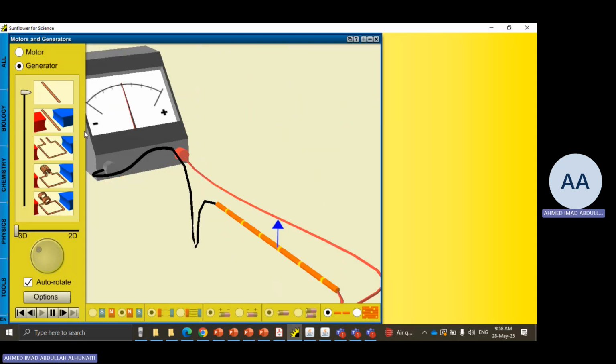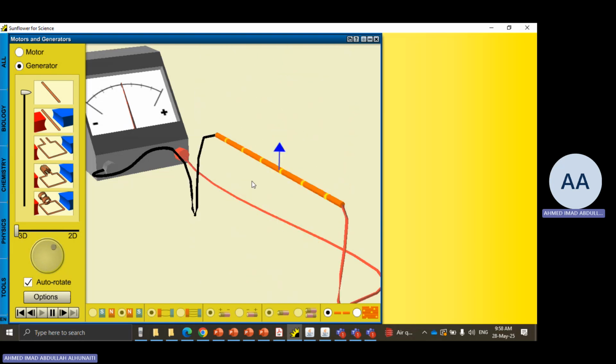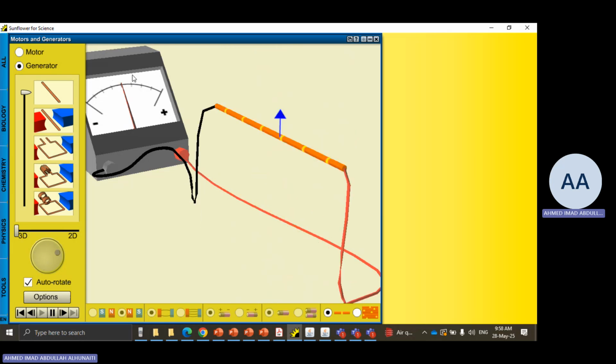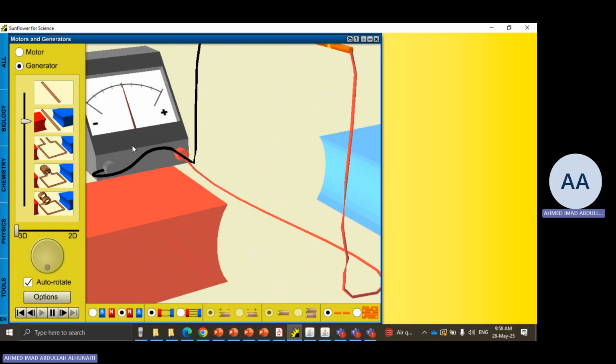Here we have a straight wire moving in a vacuum, so there's nothing around it. And here we have a small galvanometer, which detects the presence of a current. Currently, at the time being, there is no current detected. However, if this same wire moves through a magnetic field